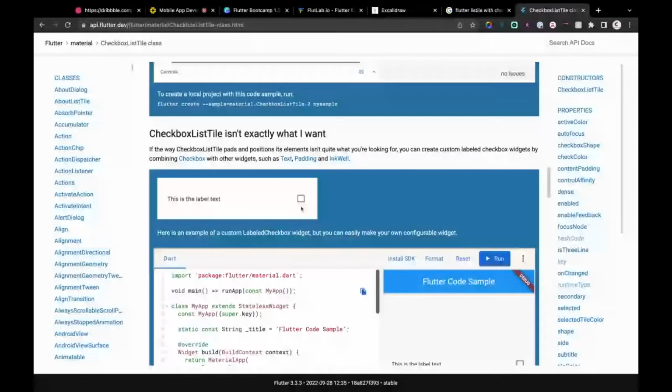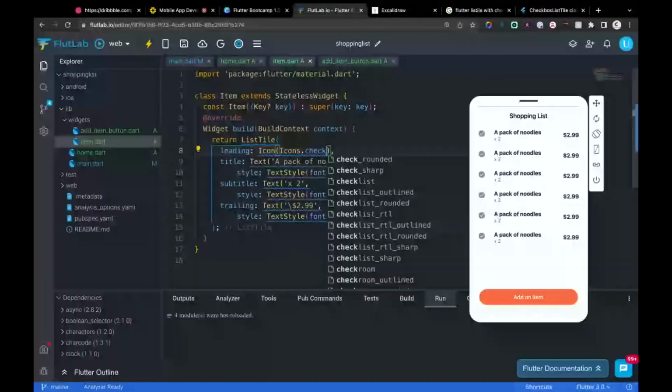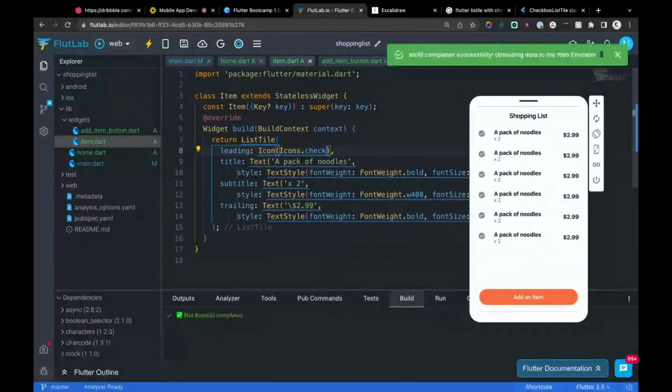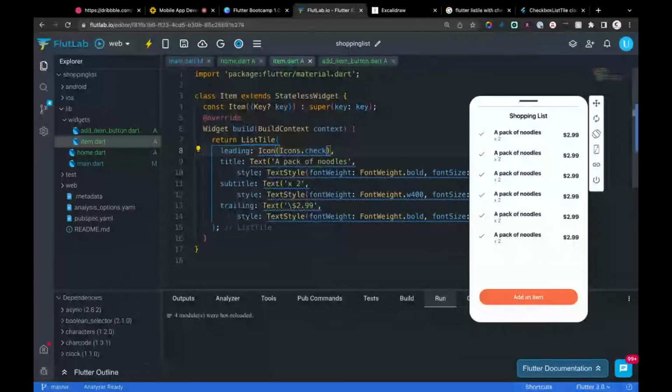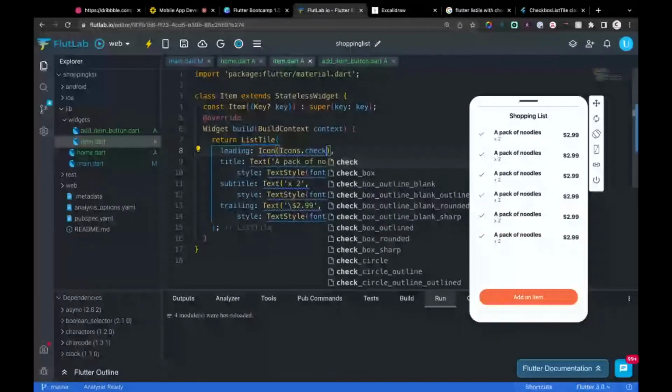There's no icon for it to be unchecked. Wow. Interesting. You only have check, just like this. Okay, so when it's checked,